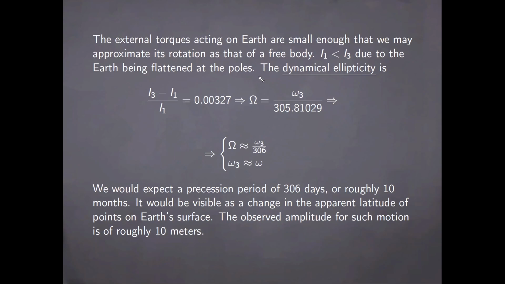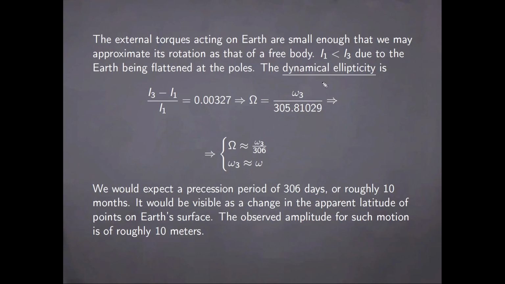One further application of this discussion regards the motion of the planet itself. So we are working now in the approximation where the external torques acting on the Earth from objects in the solar system are small enough that we may approximate its rotation as being that of a free body. Now for the planet, the I1 is smaller than I3 due to the fact that Earth is flattened at its poles, and